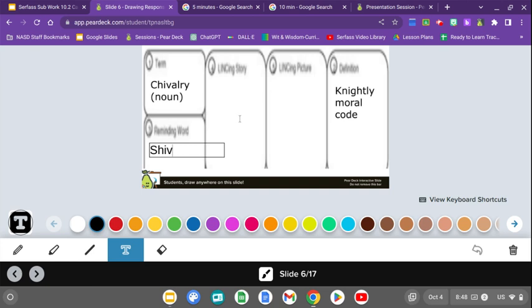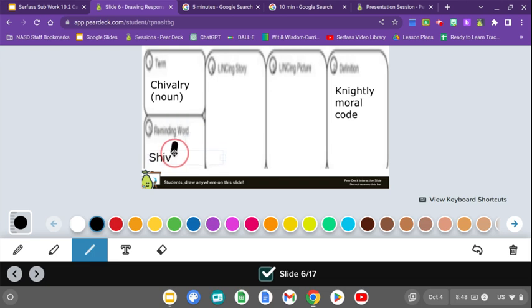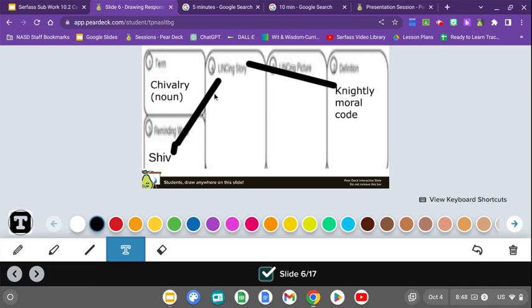So now you have to use the word shiv and knightly moral code in the linking story. Well, a shiv is a small knife. So I'm going to say